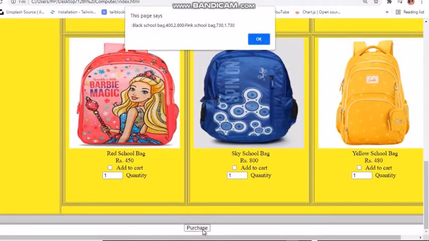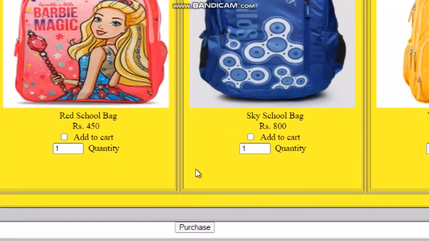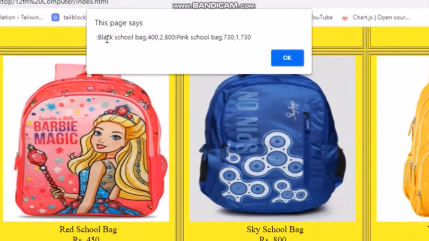So I will get a message in alert box that I have purchased a black school bag. Price is 400. I have purchased two quantity. So it cost 800 rupees. Then I have also purchased pink school bag whose price is 730 rupees and I have purchased only one quantity. So the total cost is 730 rupees.